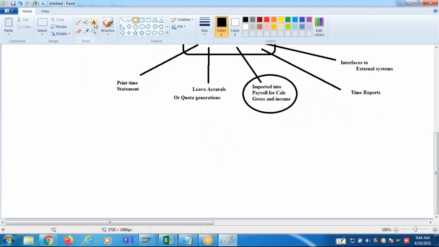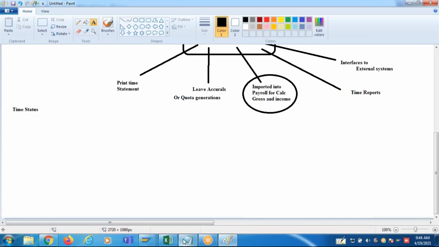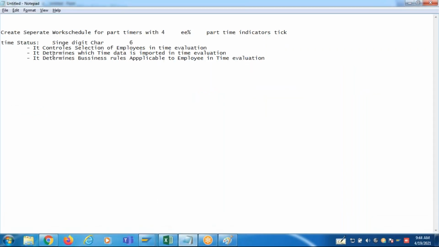Now coming back to time status. What is the relevancy of a time status with the time evaluation? Okay, so I mentioned these 3 points here.